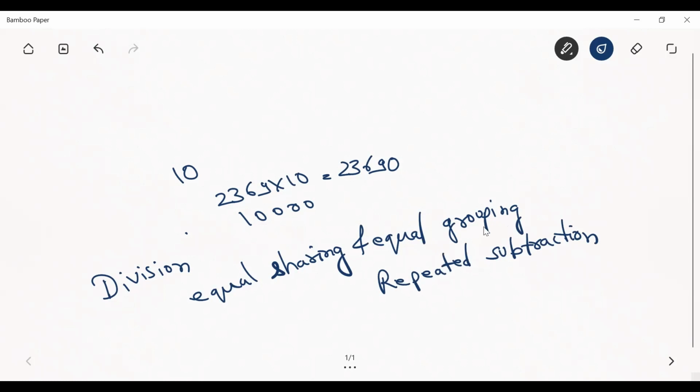Suppose there are 12 chocolates and you have to divide them among 6 students. How many chocolates will you give to each one? 2 to each one. Okay. Now, what are the properties of division? See, we are just left with